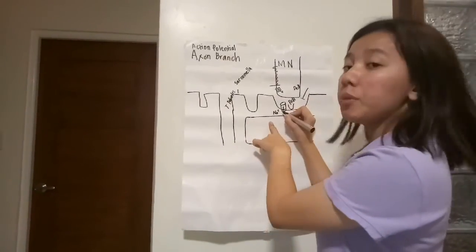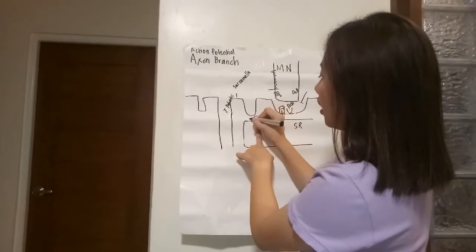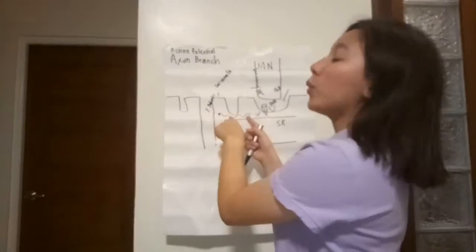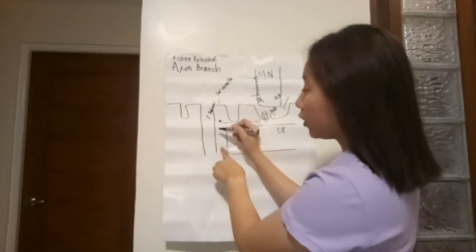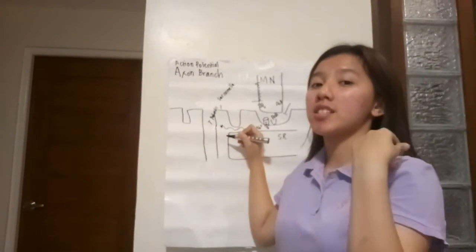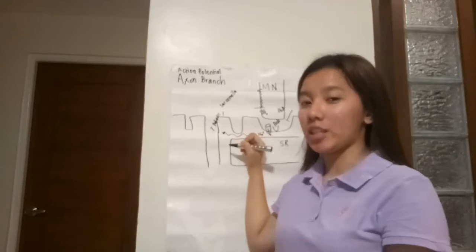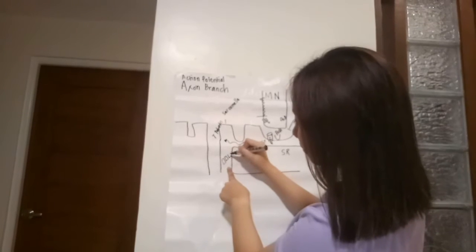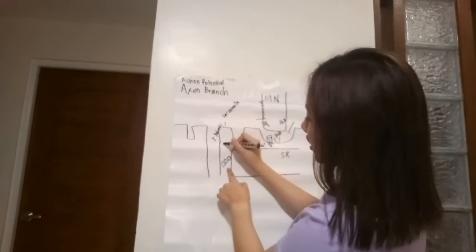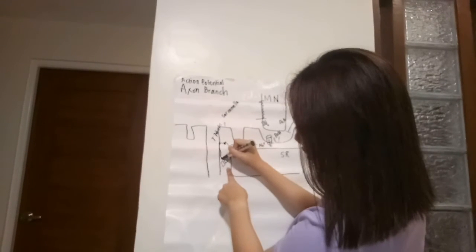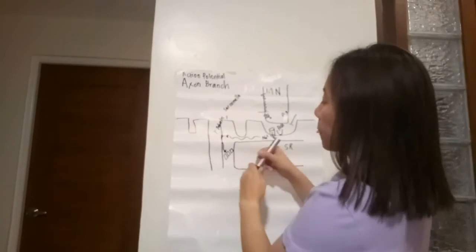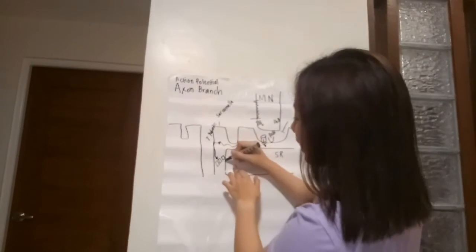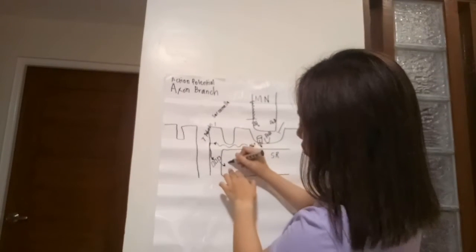Once the depolarization takes place, it would stimulate a depolarization wave, and it will travel through the T tubules. The depolarization wave will continue traveling down the T tubules, and then it will meet our second series of voltage-gated calcium channels. So this is our voltage-gated calcium channel. And this is our depolarization wave. Once the depolarization wave meets the calcium channel, it will then release calcium